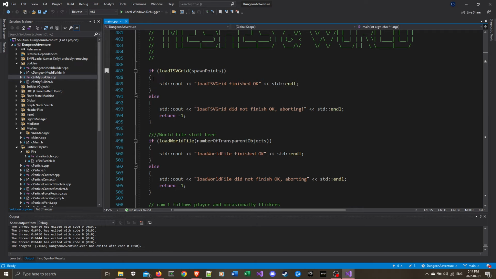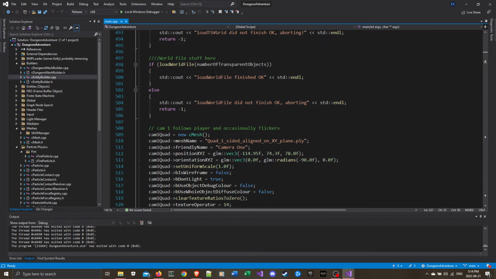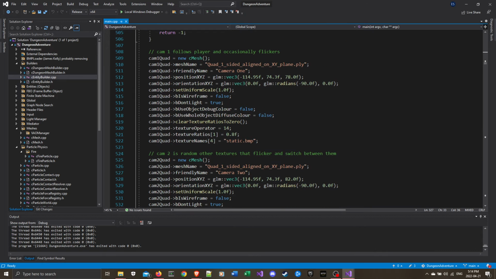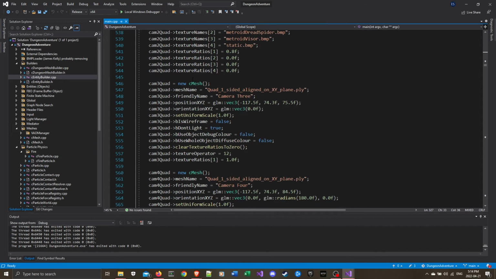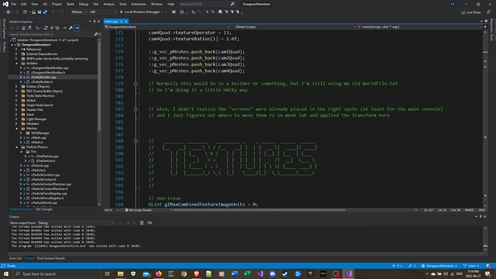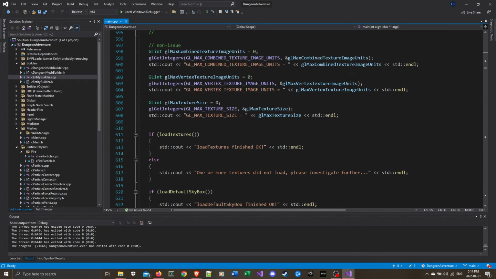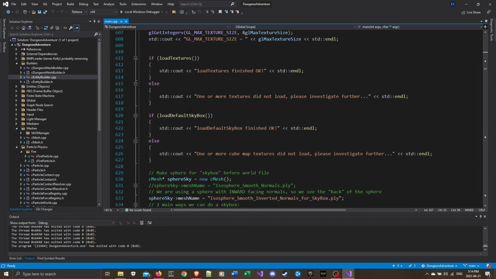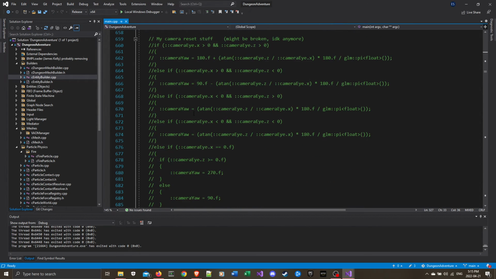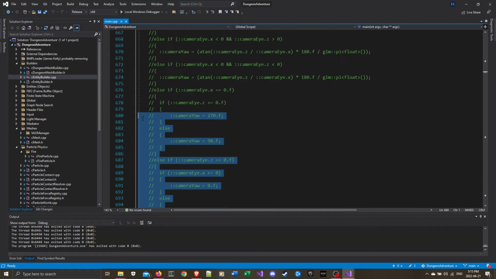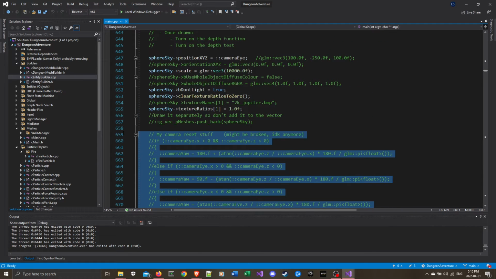After loading everything in, we read the TSV grid, then we load the world file. Then I make my quads for the screens in the observation room, pushing them back onto the vector of meshes. Then I set up all the textures and the default skybox, make the skybox sphere. Oh, I guess I'm gonna have another push. Anyways,